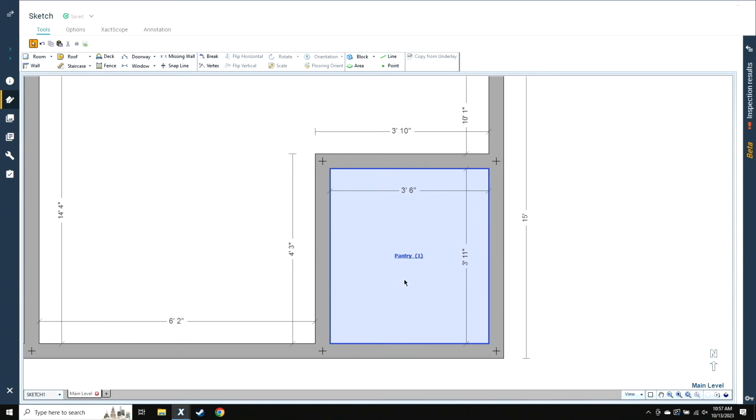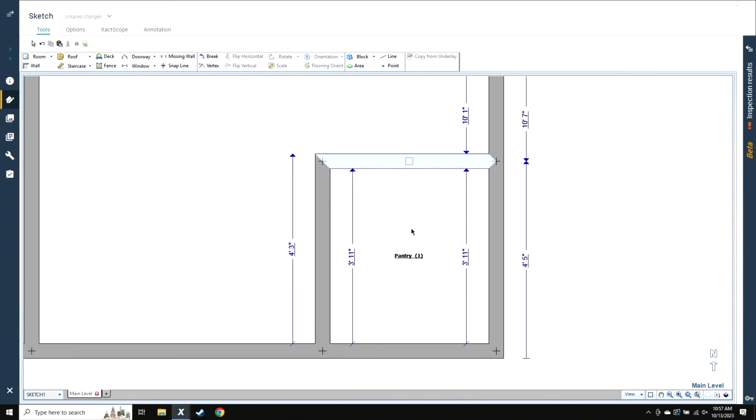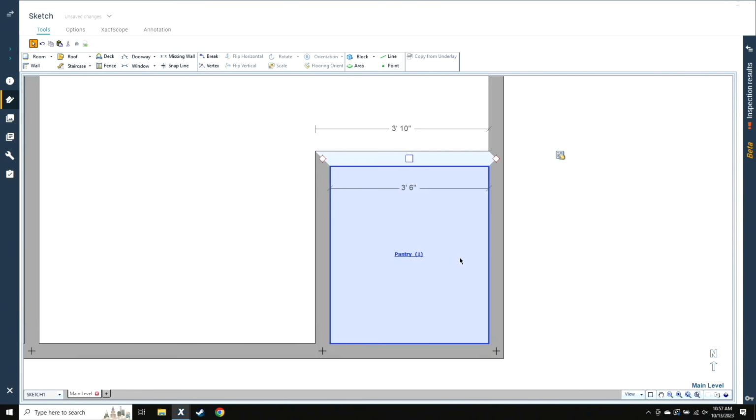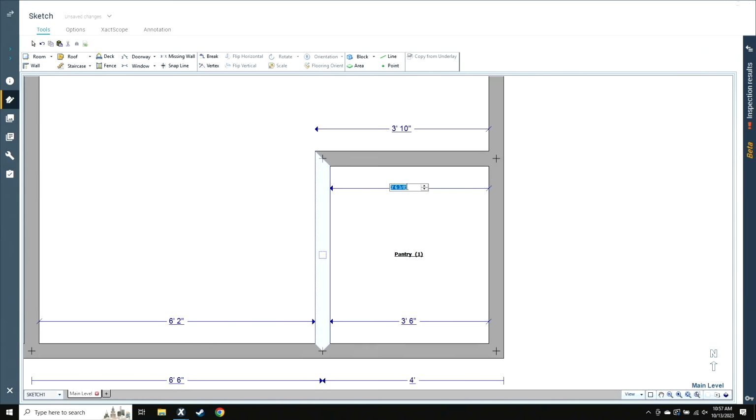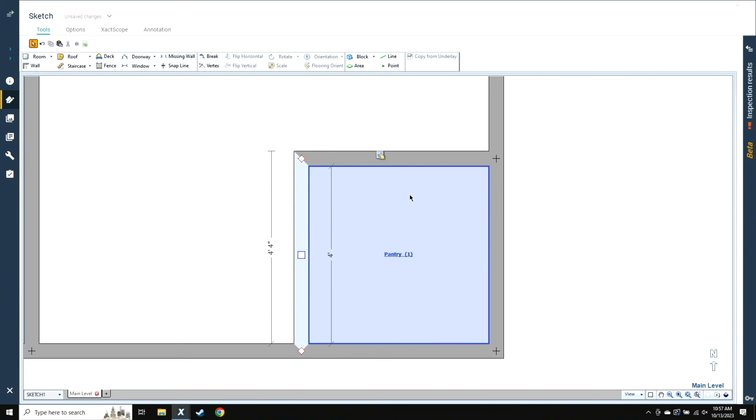It is a subgroup of the kitchen, and the dimensions of it are 4 by 4 on the inside. So 4 by, oops, nope, 4 by 4. And then we have our